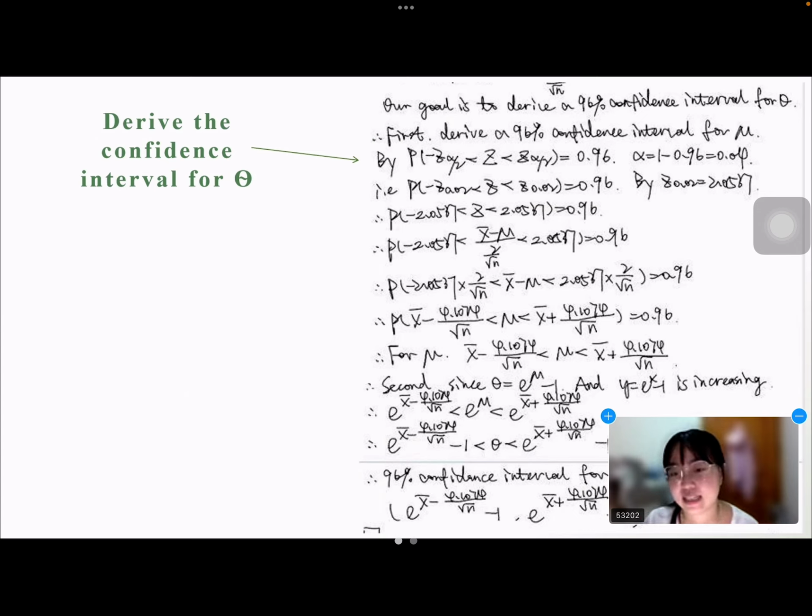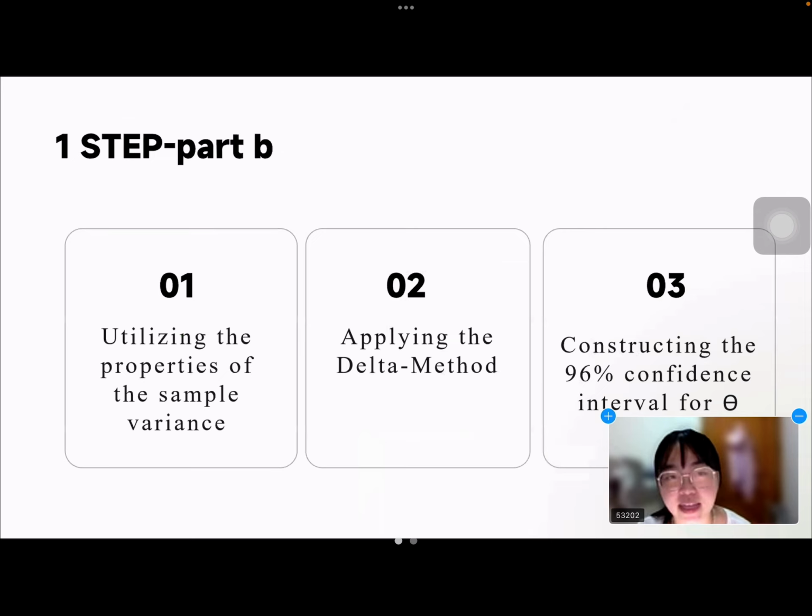We want theta. Theta is a function of mu, and we also found that this function is increasing, so we can apply this function to the lower bound and the upper bound in this inequality. After that, we got the inequality of theta. This is what we want, and this is the confidence interval of theta. So after knowing how to do this in part A, for part B we already know the steps,